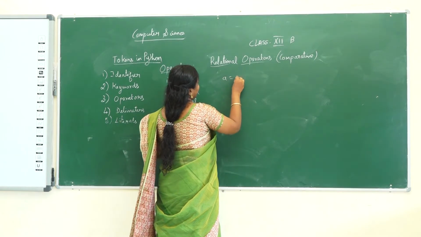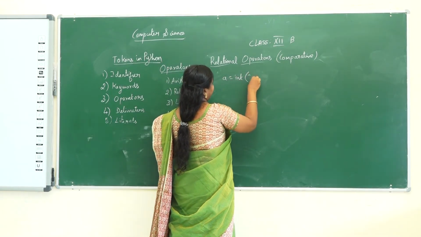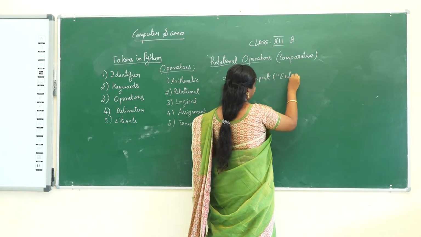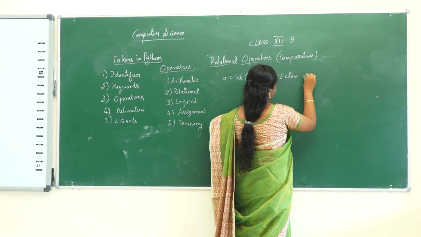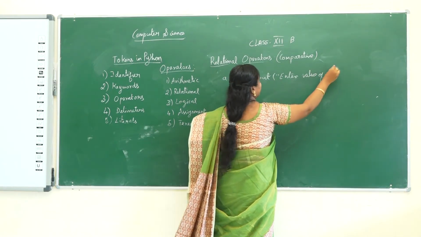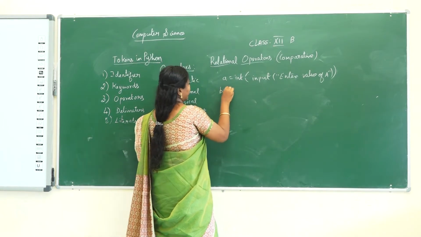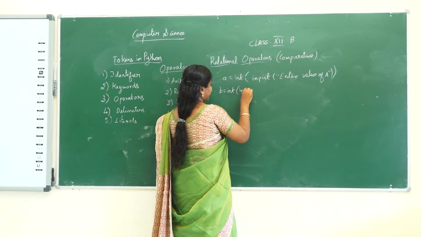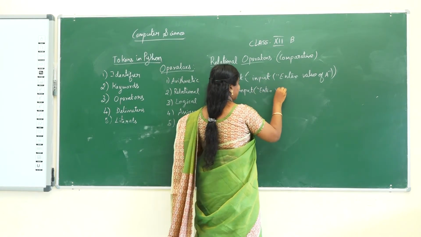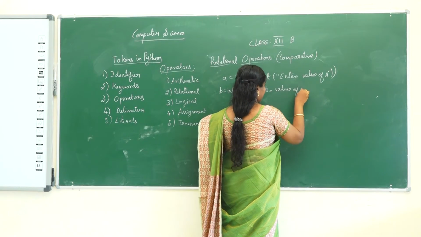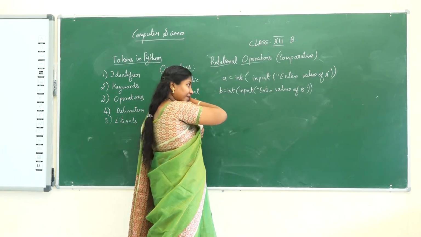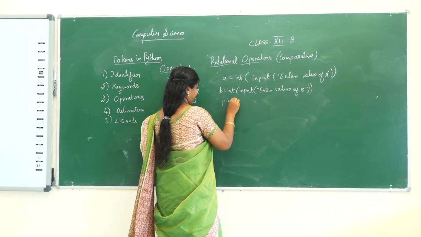So A is equal to int of input, enter a number, and B is equal to int of input function, enter value of B. So I am going to use the relational operators. So print